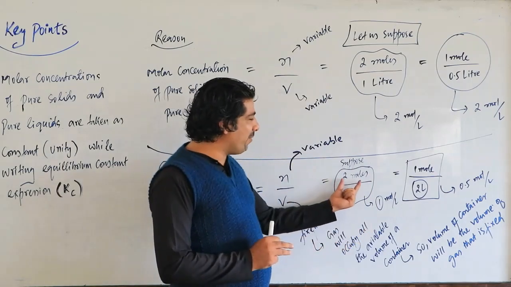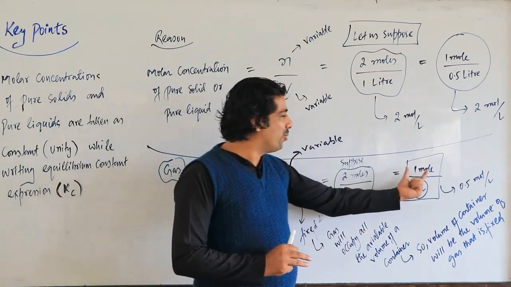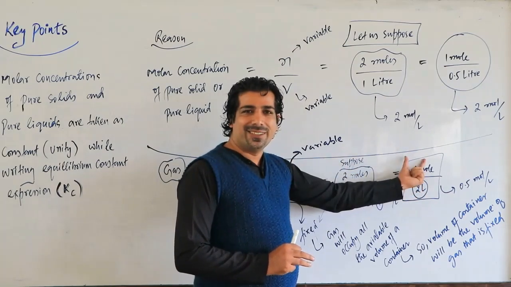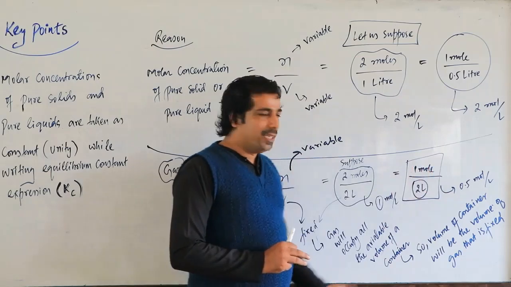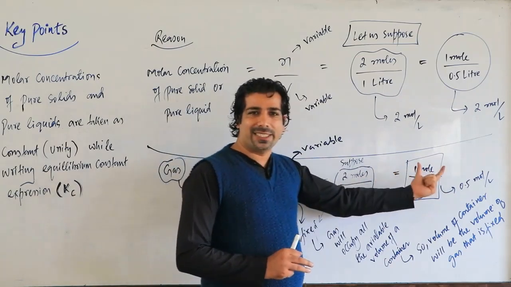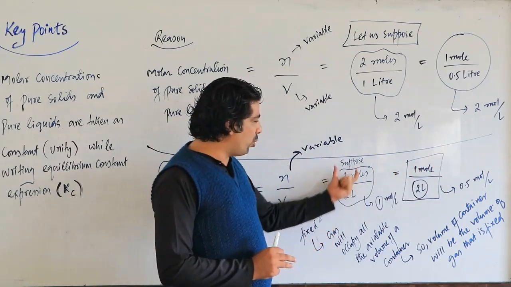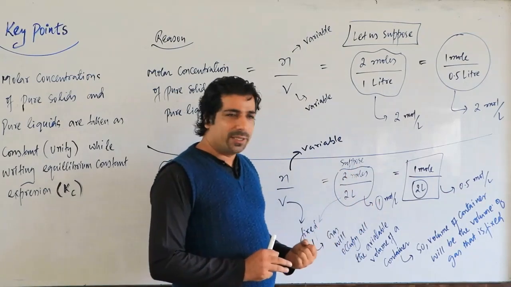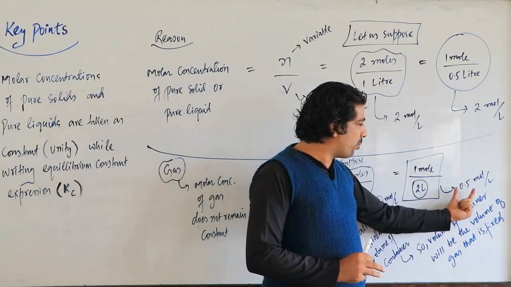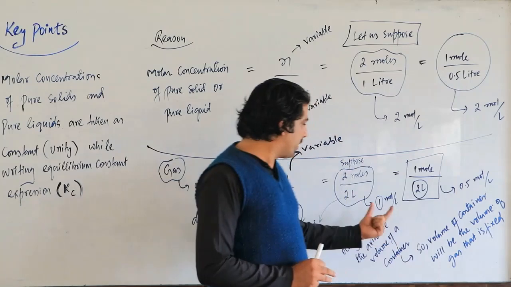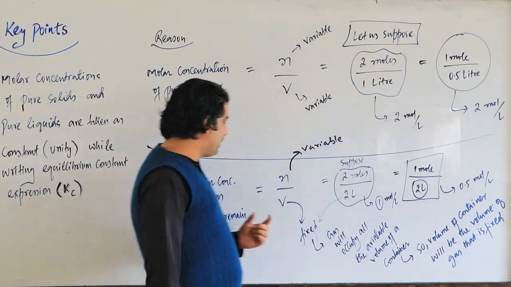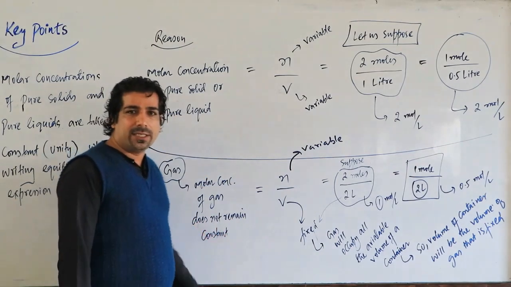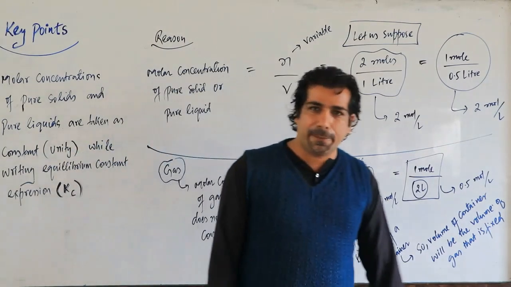Okay? Now this n factor is changing, 2 moles to 1 mole. It's decreasing. So n is decreasing from 2 moles to 1 mole. Okay? So this is the initial state and this is the final state, let us suppose. So now the overall value is 1 mole per liter and here the overall value is 0.5 mole per liter. So here the concentration and here the concentration both are different. That means the concentration of gases does not remain the same.